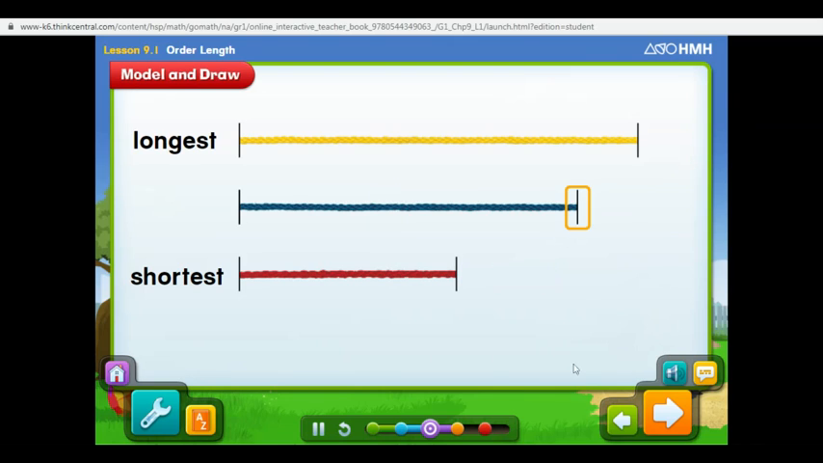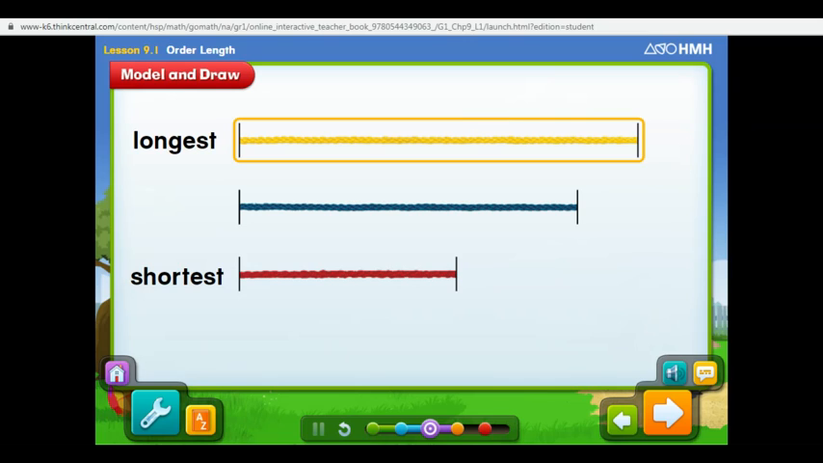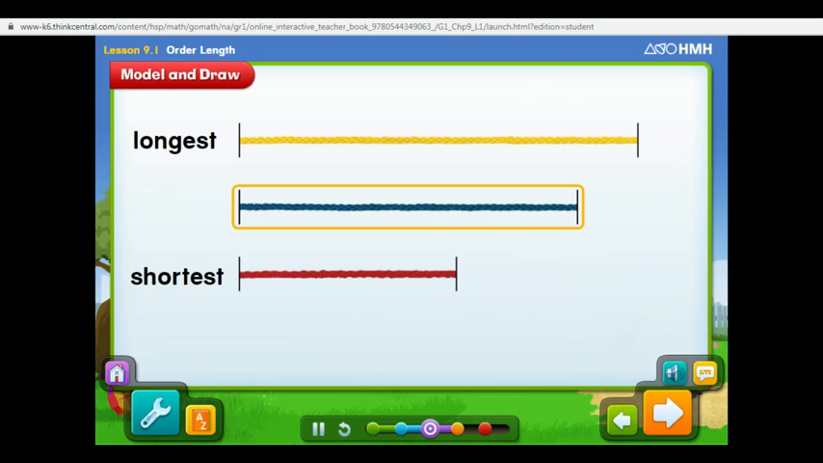That's right. The piece of yarn should end here. This piece of blue yarn ends between the yellow and the red pieces of yarn. So these 3 pieces of yarn are in order. From the longest to the next longest